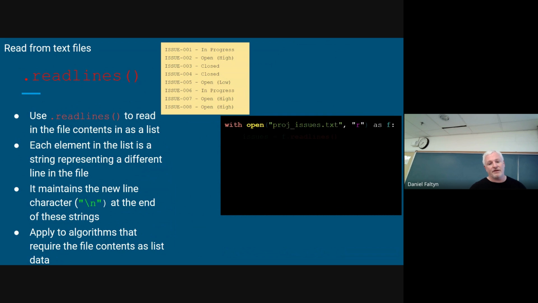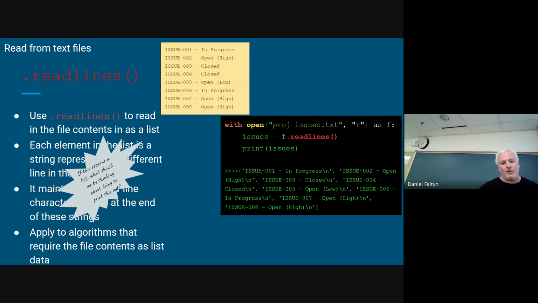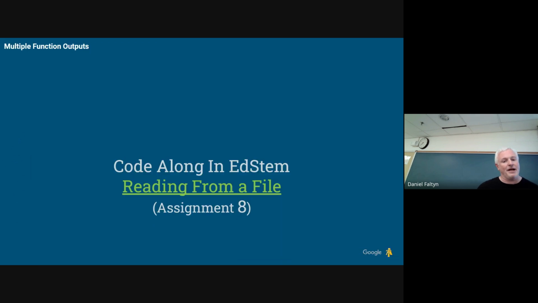Finally, the third function, readlines. When I do readlines, this is actually super useful. This gives me back something inside square brackets. What is something inside square brackets? A list. If I see a list, what might I want to do with a list? What's that? Iterate. Exactly. Typically, when I want to process my file, I want to do it line by line.